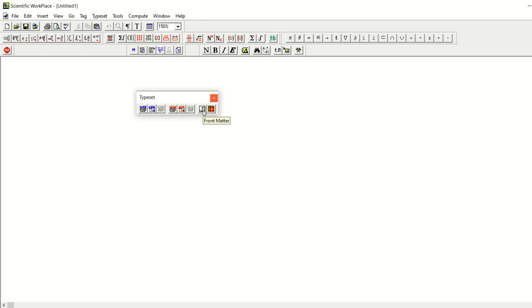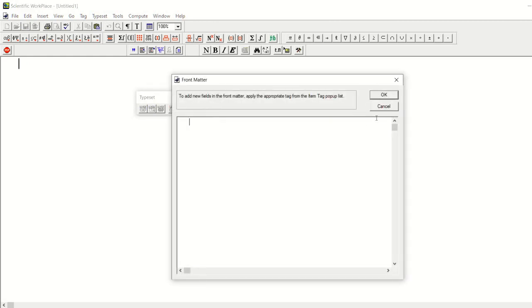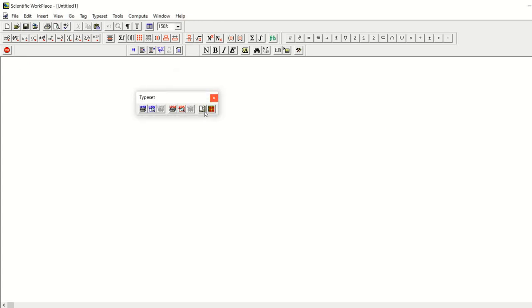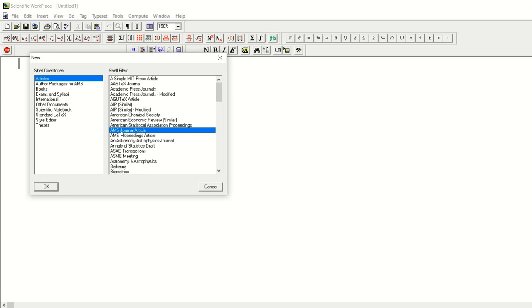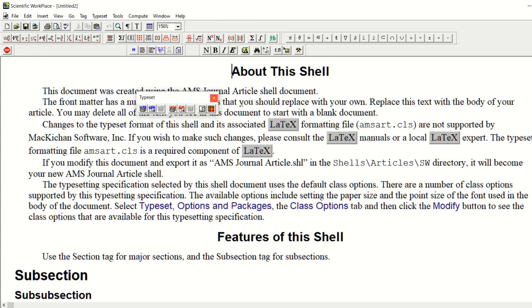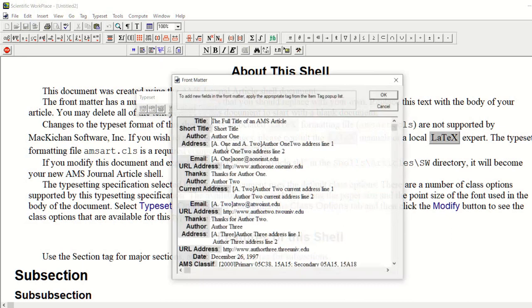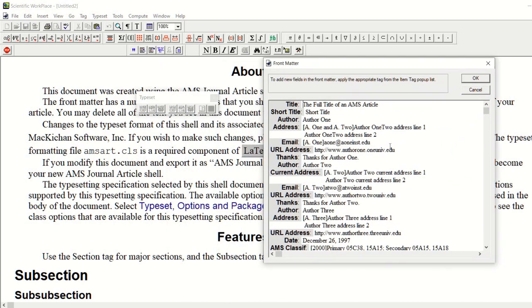From this button you can set and edit the front page of your article or front page of your thesis. For example, if I open the AMS journal article, we see that its front matter can be edited from this box.